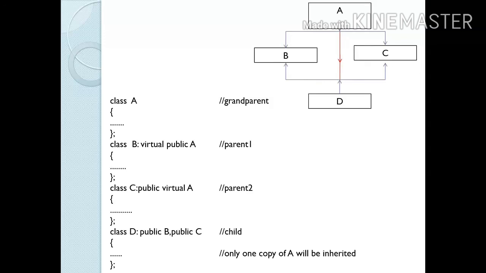When a class is made a virtual base class, C++ takes necessary care to see that only one copy of that class is inherited, regardless of how many inheritance paths exist between the virtual base class and the derived class.